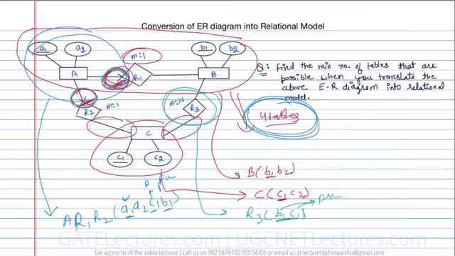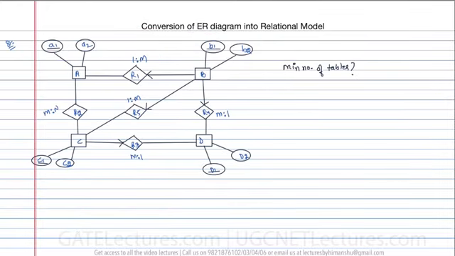Remember this thing. Okay, let us take the next example. Here they are asking, what is the minimum number of tables which are required? Let us see how many tables are required. If you have this A, now you can see A is having maximum cardinality as M in both the directions. Therefore we have to create a table for A, which is having A1 and A2, and this A1 is a key attribute here.